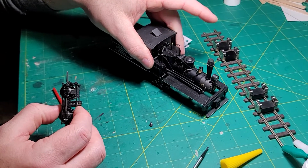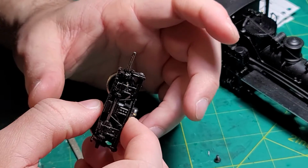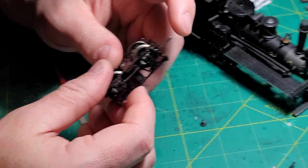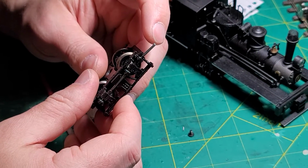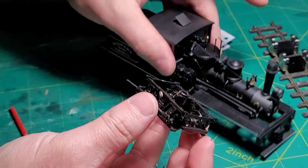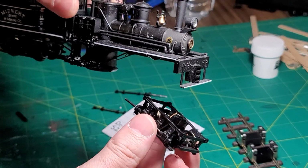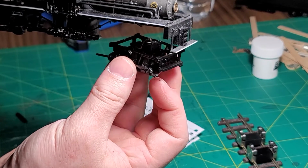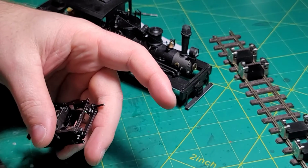To make a Shay go around a 15-inch radius curve and make it more comfortable going around an 18-inch or more, what I like to do is actually shorten the front drive shaft by about 2 millimeters. It really doesn't take much. If you take off too much, you run the risk of having the front drive shaft pull out of the slip joint on left-hand curves. So it really doesn't take much more to give this thing a little bit of articulation to be able to navigate 15-inch curves. So all I do is take my side cutters